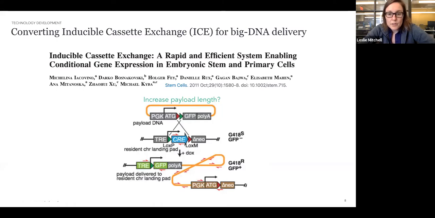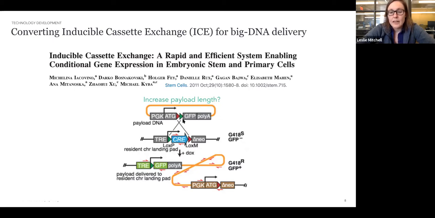And so the first tack we took on delivering these long DNAs was using a technology that pre-exists and had been established for studying differentiation of stem cells via the very quick integration of inducibly expressed transcription factors, called inducible cassette exchange, or ICE. And so working together with Michael Kaiba, we grabbed this technology, which had been developed for mouse ES cells, and started asking questions about